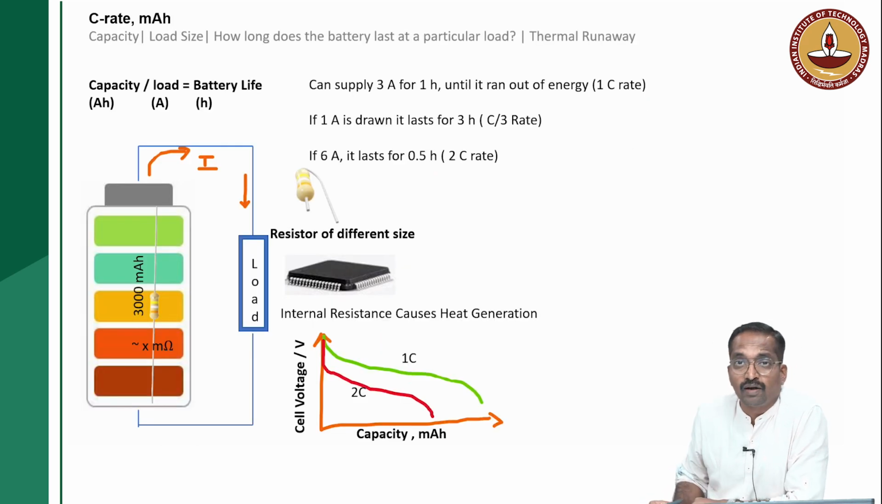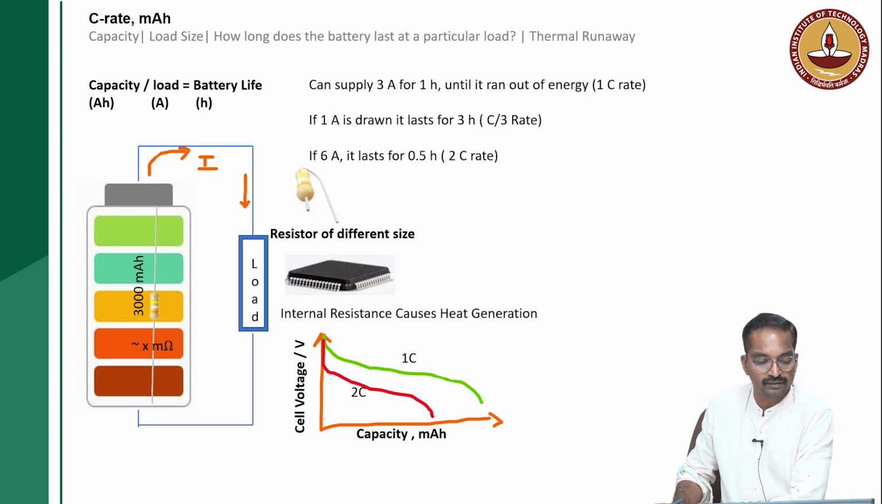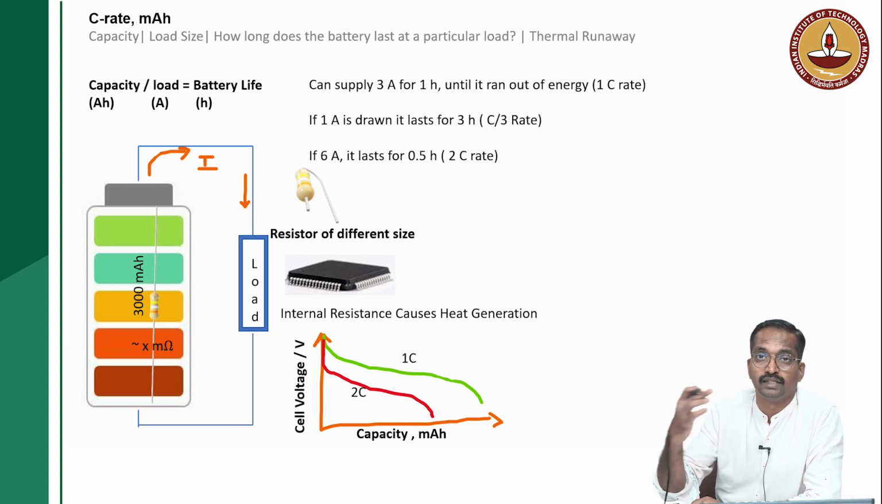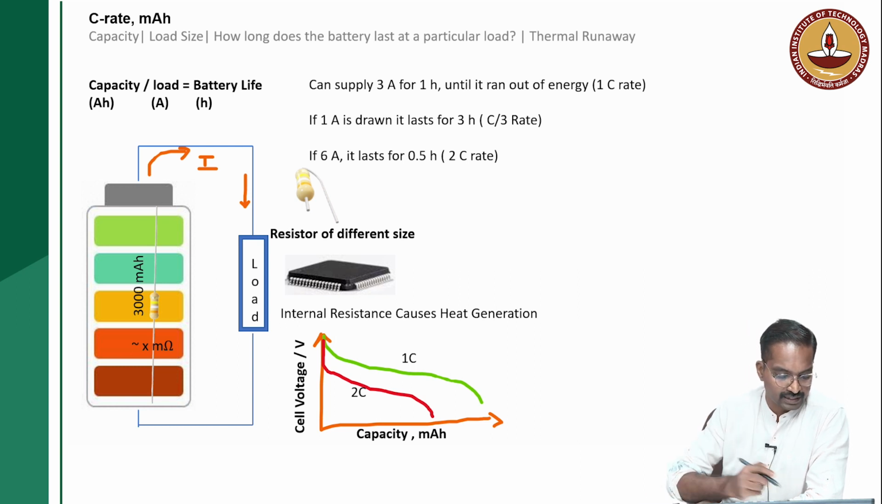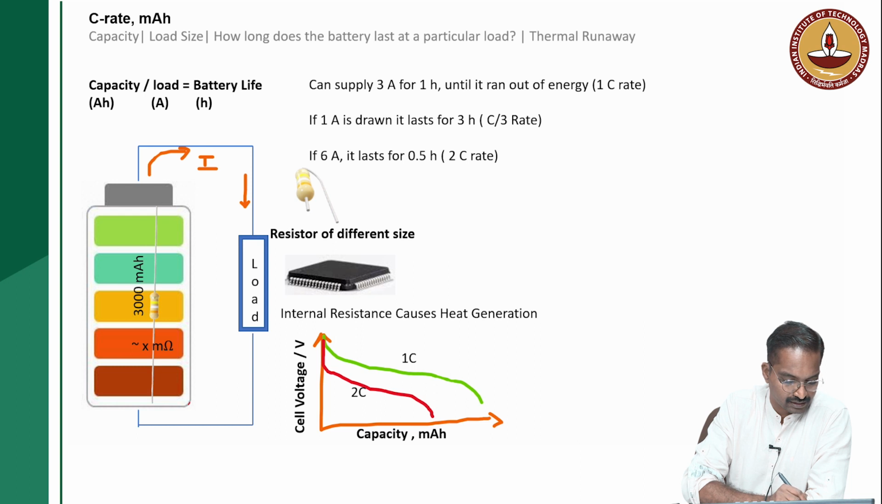Now, let us understand what is C rate in a battery. The C rate is how fast you charge or discharge a battery. So, let us take a battery. In this case this is my battery. The battery has a positive terminal and a negative terminal,